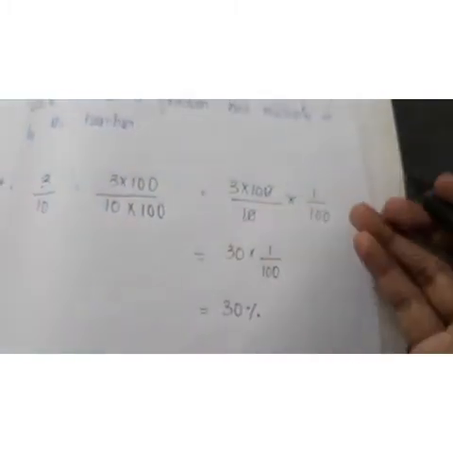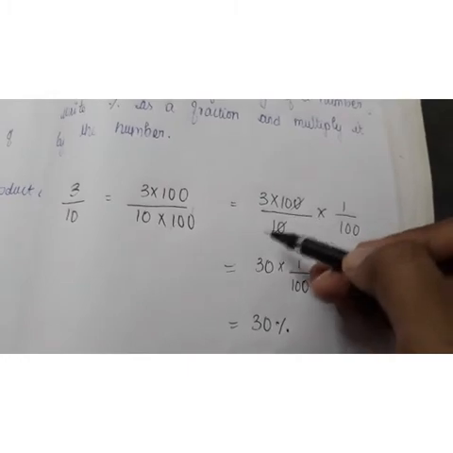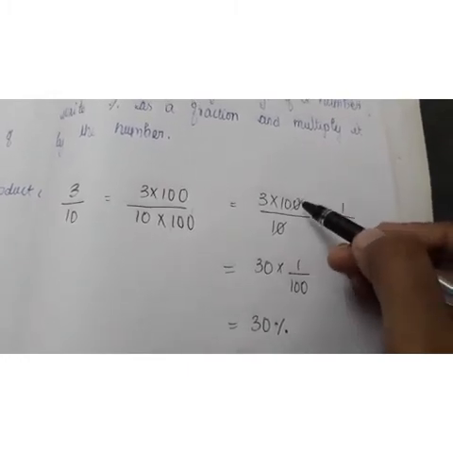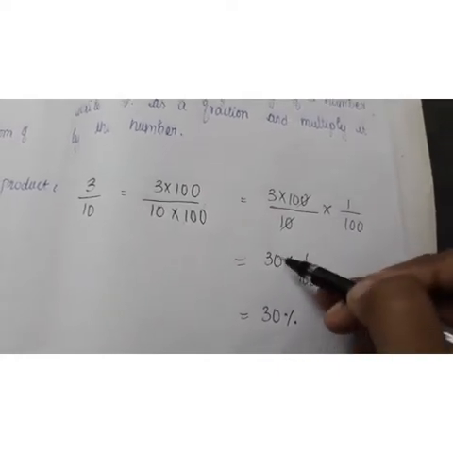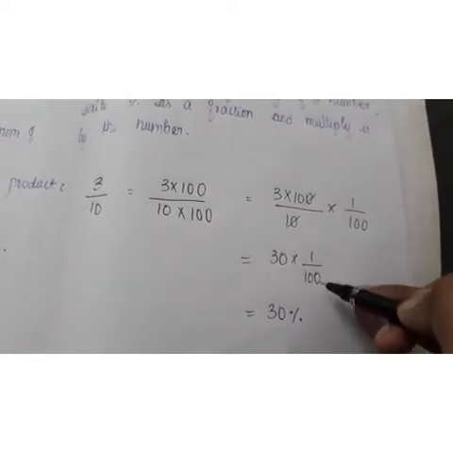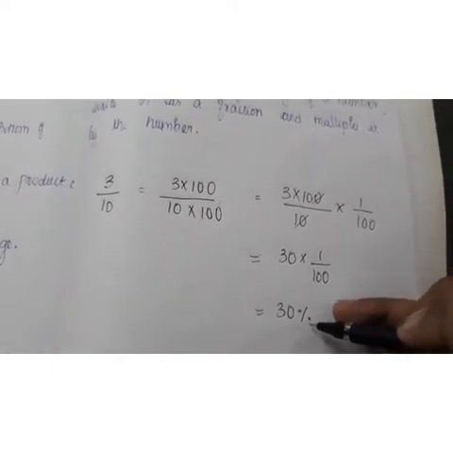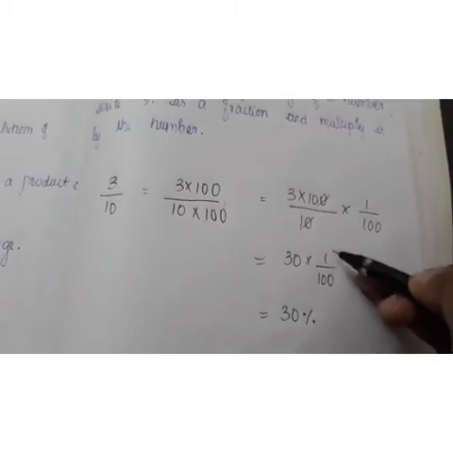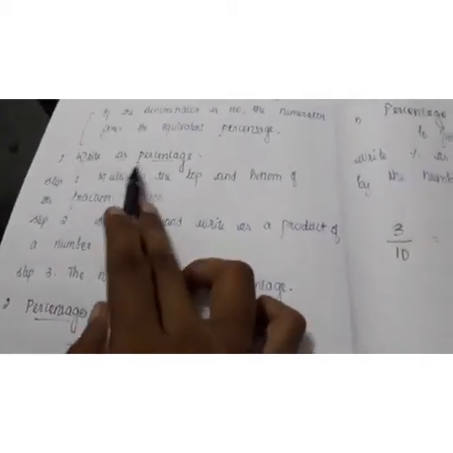So simplify and write as a product of a number and 1 by 100. So 1 by 100, this 100 part is there, right? You keep 1 by 100 separately as a product with the number. All other things you can simplify. When you cancel this 10 with this 100, it will become 3 multiplied by 10, 30. So 30 is a number and you have to multiply it with this 1 by 100. So 1 by 100 we can write as percentage, because percentage means out of 100, right? So 30 percentage is the answer. Okay, so this is the first type, write as percentage.